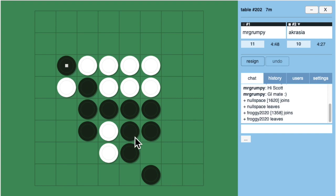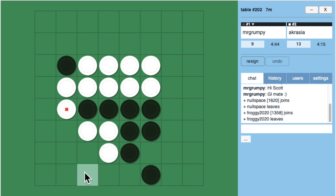So this is just to try to retain more disk in order to retain centralizing options. So I've played this sequence a couple of times as well. So the likely move for white, yep, over here to b5. So he's played it. So we'll just form a pair to the edge below, which is probably quite defensive edge play